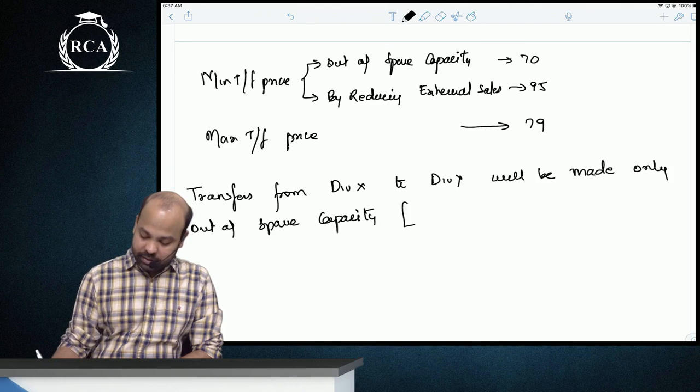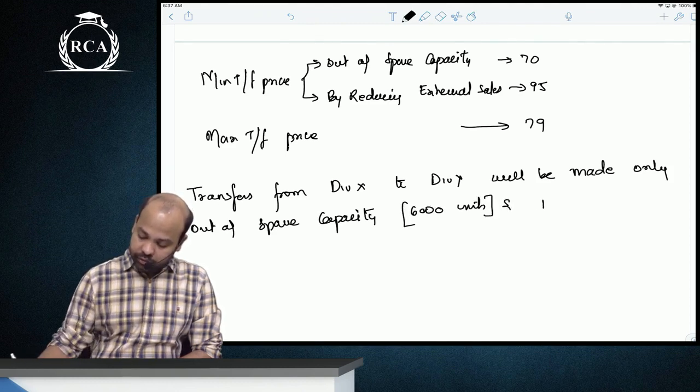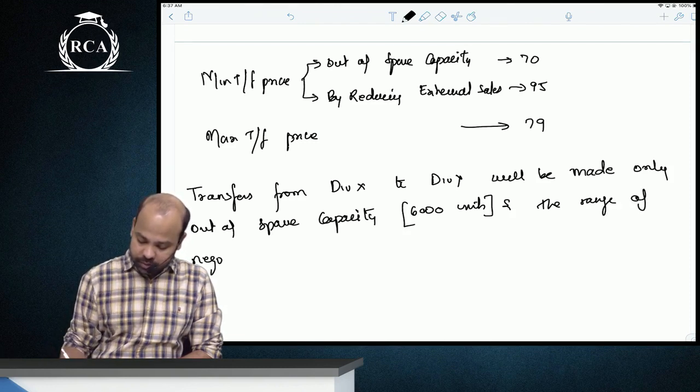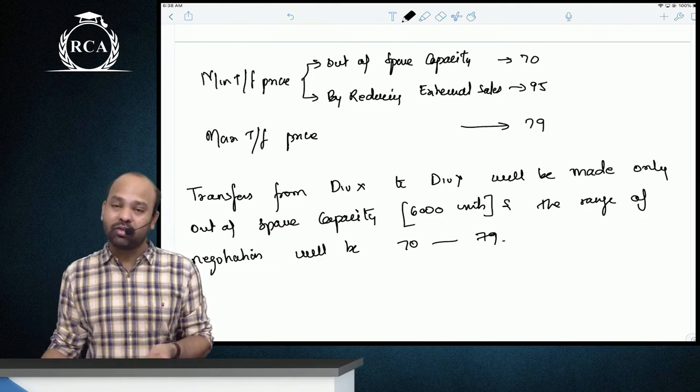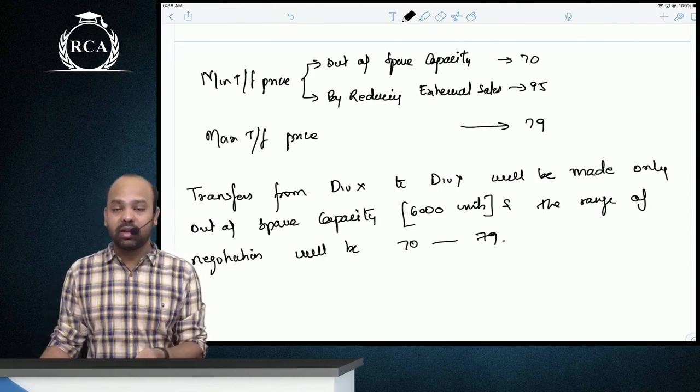So that is what, a maximum of 6,000 units. And the range of negotiation for them would be 70 rupees to 79 rupees. From the viewpoint of the company also, guys, it is not viable that division X transfers anything more than 6,000